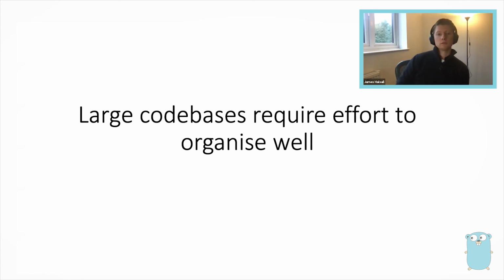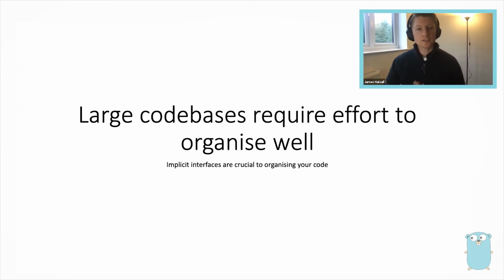Similarly to that, large code bases can be quite difficult to organize well too. And I don't think this is something that is a problem with the language. I think it's just something you have to get used to. I ran up against this problem a lot when I first started writing Go. And when I started to use implicit interfaces more, and not only using them, but using them at the point where I did my type hinting, like in the example of the speaker earlier, defining that interface in the same package and at the same point that I'm type hinting for it, it means that we avoid what we call